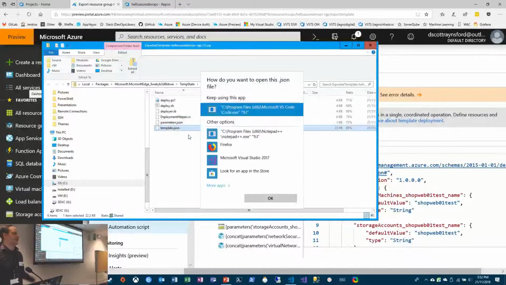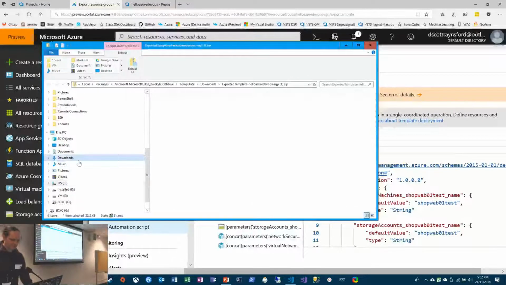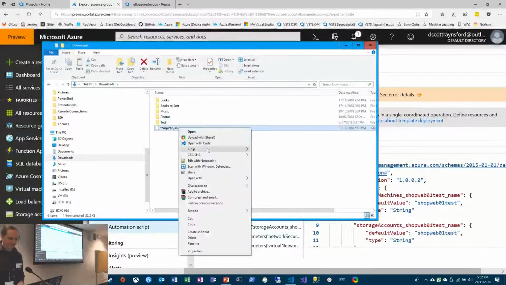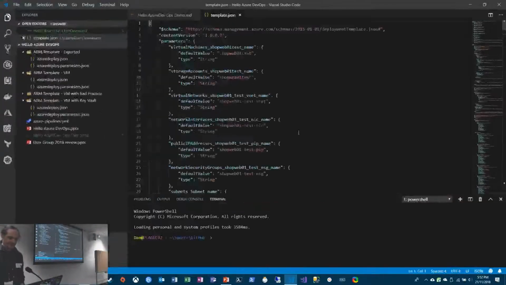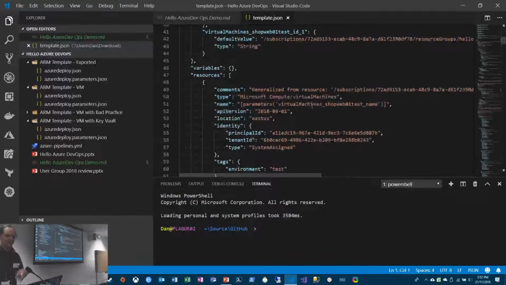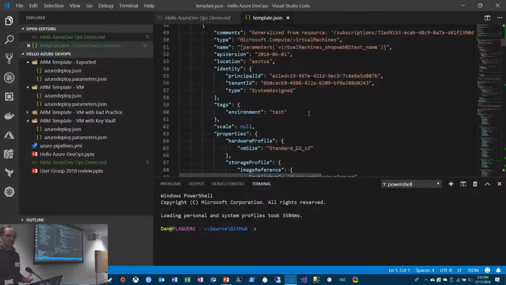Anyone here not seen an ARM template, an Azure Resource Manager template? Some of you have seen it. So it's basically a big text file. Copy that out. It's literally a big JSON file. So yeah, you don't want to really be writing that from scratch. It is pretty nasty. The one you get out has a lot of information in there that you don't technically need. So what I would normally do, rather than going straight and using this, is